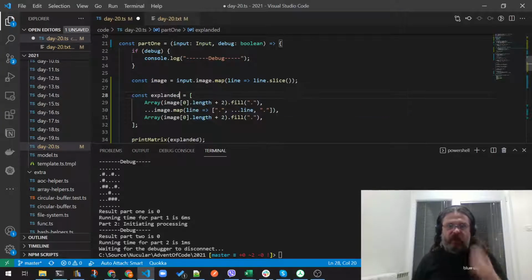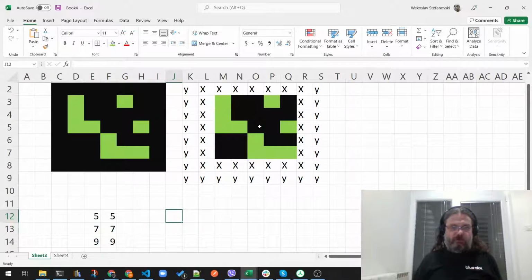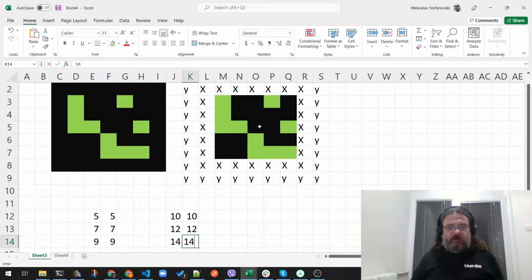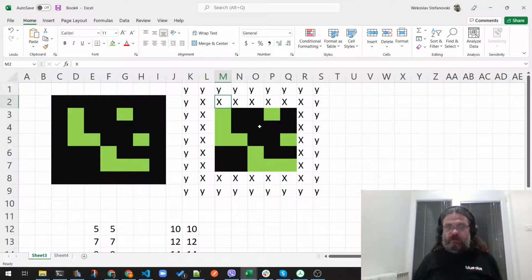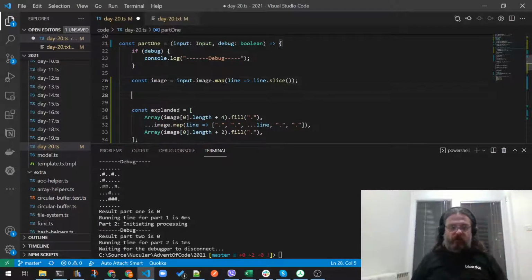Yeah, let's do that. And the expanded will be, let's have some other number. So if this was 10 by 10, the next one will be 12 by 12. And we will need a 14 by 14 matrix in order to generate it, because it will be to this way, to this way, to that way, to that way. Yep. So we're gonna have to do this plus 4, and we're gonna add a dot, and we're gonna add another dot, and actually we're not gonna be adding a dot, we're gonna be adding